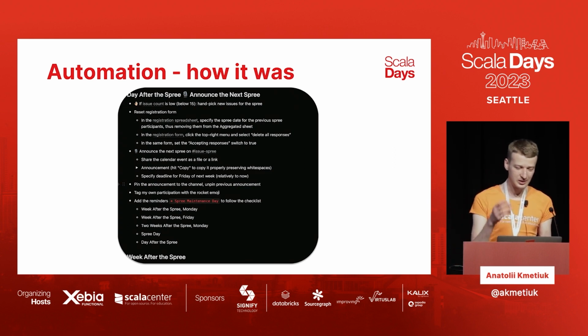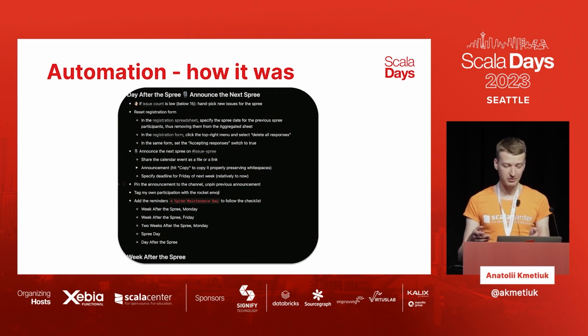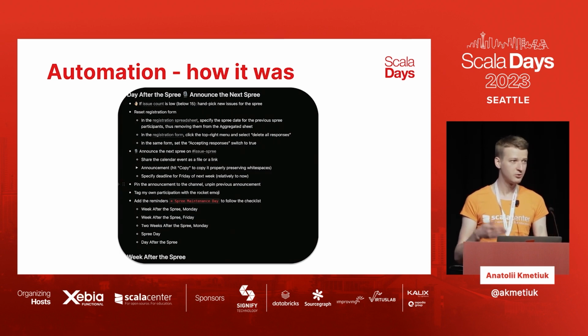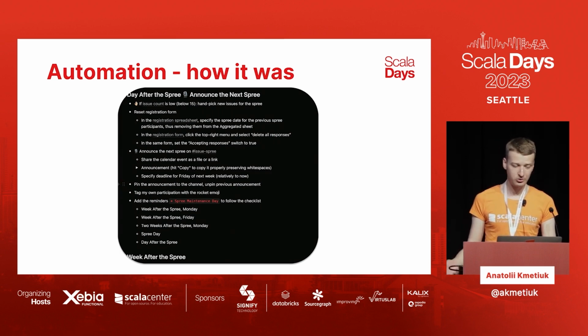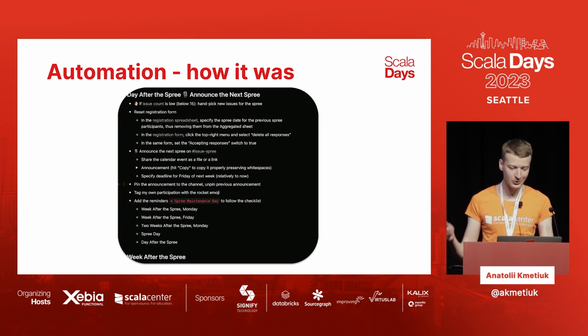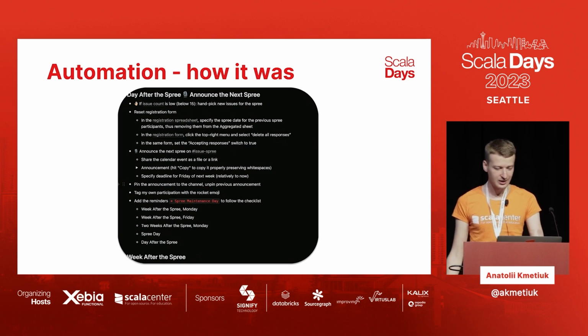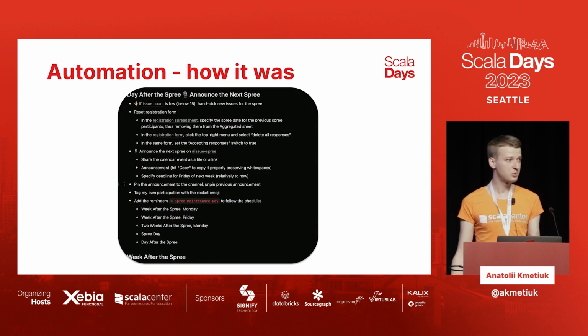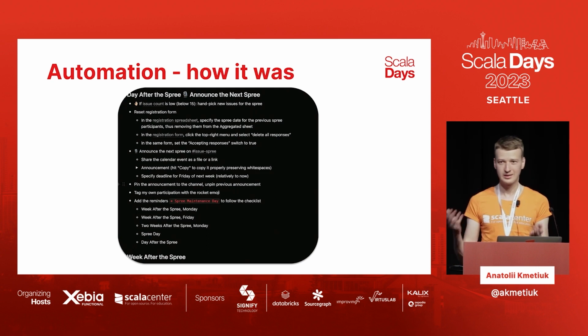For example, first you need to take a look at the issue count at the repo, the issue count designated as appropriate for the spree. And if it is low, you need to do something about that. You need to initiate the new registration, you need to do the announcements on all the channels, and so on. And it is all very tightly specified what to do, also for the purpose of making sure that I'm not the only admin who can do that, that other people can get onboarded and follow the same checklist and it will work.